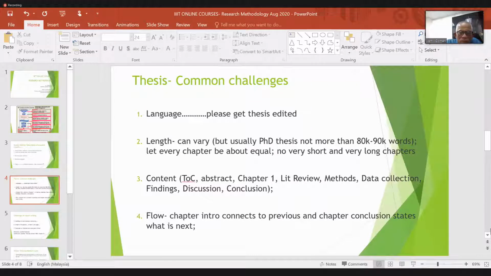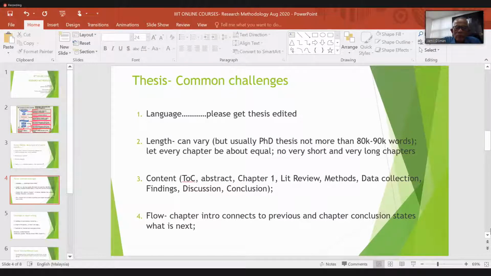They told me, why don't you, in every chapter, connect in the intro that chapter to the previous chapter, just in 1 line or 2 lines, and then at the end of the chapter, have a chapter conclusion in which you give a summary of what you did and then what you're going to do in the next chapter. Now, I think it's a very effective way, because when an examiner is reading, or even when anybody is reading, the flow is very important.